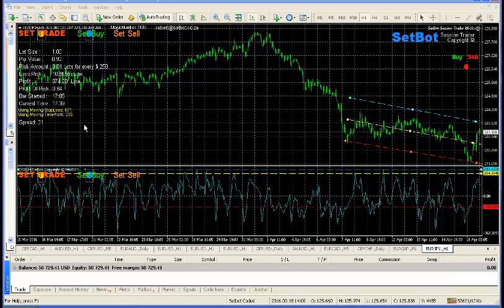You can also see under spread here, it's displaying the spread, and it has built-in software to protect you if the spread goes too far out. It's set at a default of double the spread, so anything more than double the spread and it won't trade. You can alter that and set it lower or higher,